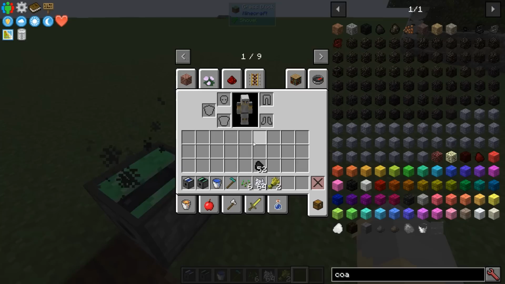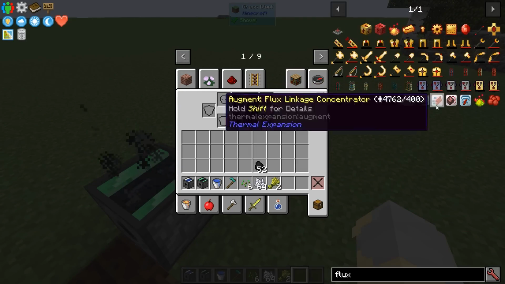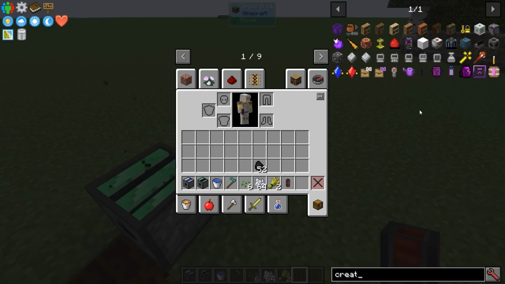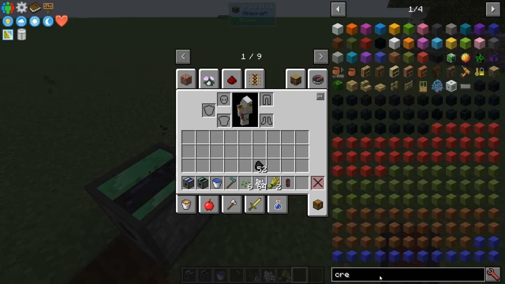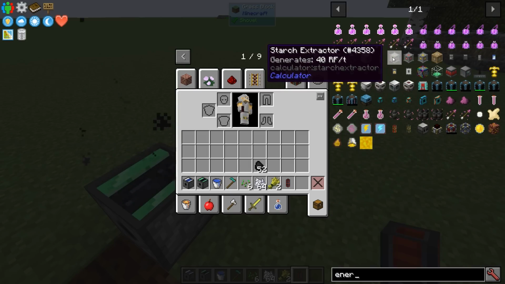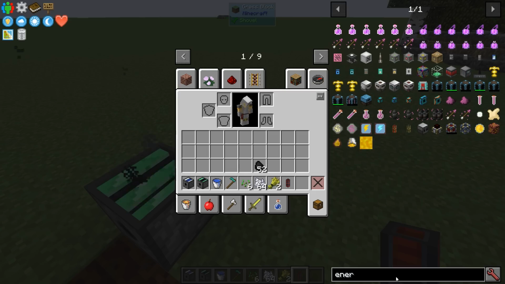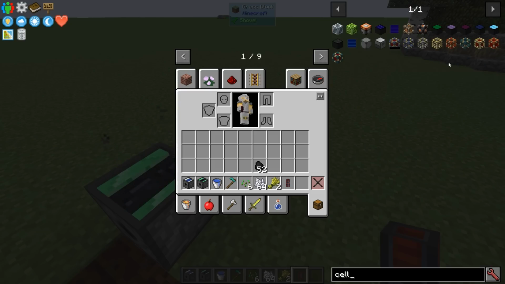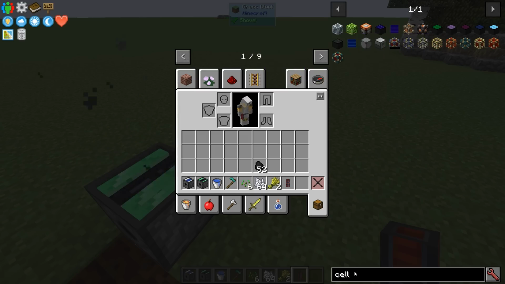So then here's a question. If we hook up a flux duct, just grab one of those. And is there like a creative energy cell of some sort? Energy extractor generator doesn't appear that there's some sort of creative energy cell as far as I can tell. Reinforced signalum. Yeah, it looks like it's just the...